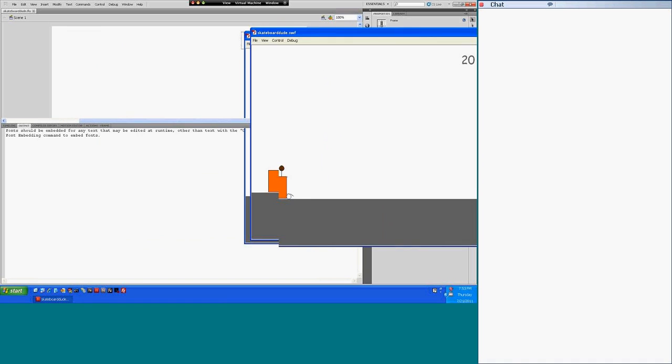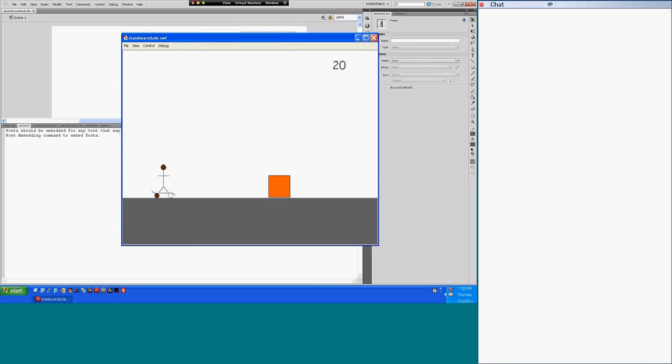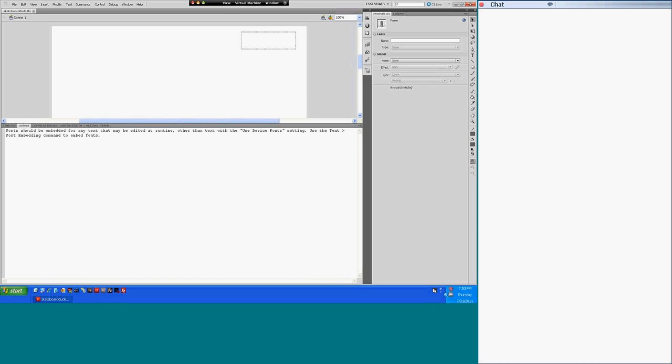Now, some of you may see this error over here. What's going to happen? Let's look at this output error. Font should be embedded for any text that may be edited at runtime, other than the text for use device settings. Use the text font embedding command, embed fonts. Now,